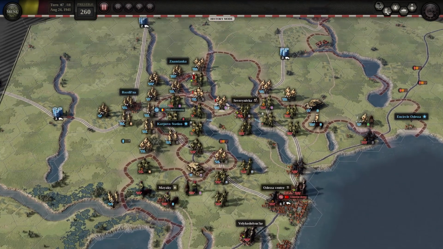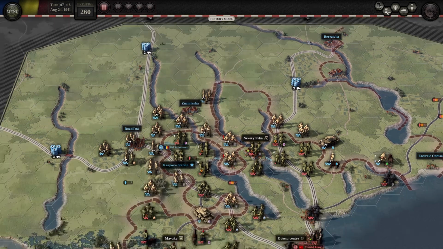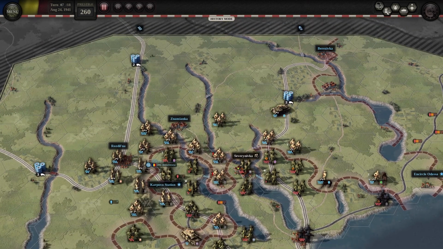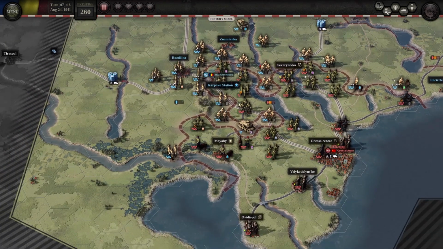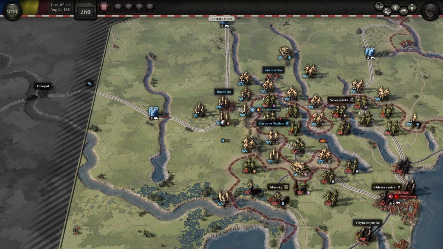So in Encircle Odessa, really, to be honest, I just saved the game at this point. I will probably explain how I do it. It's not too difficult, and I generally don't engage in it. But the game saves your progress in separate files. They're not hidden or anything, so you can actually get them and copy them. And I generally don't do that,